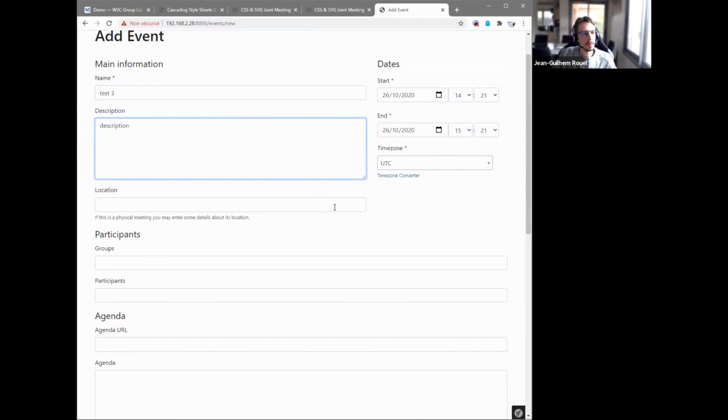You can also specify a location. It's mostly useful for physical meetings. And then you can, of course, select the start and end date, as well as the corresponding time zone. This is likely the place where in the future you will be able to schedule recurring meetings as well.